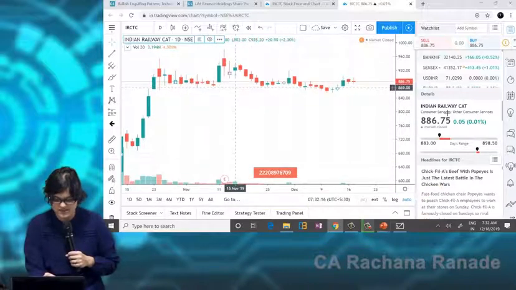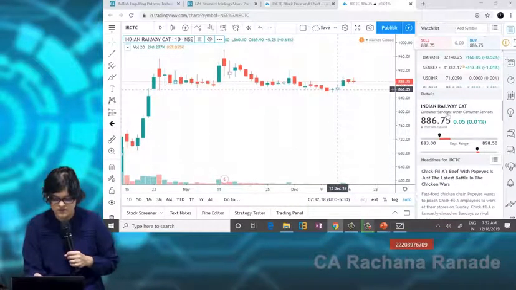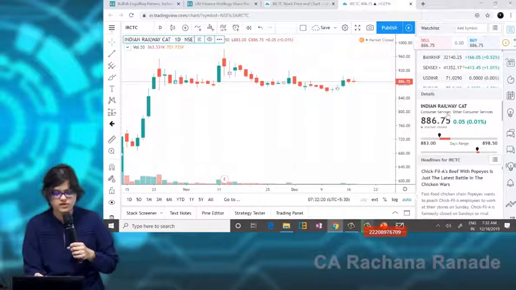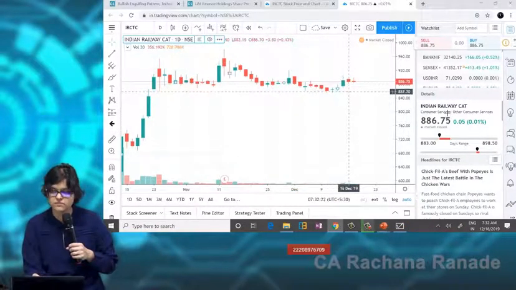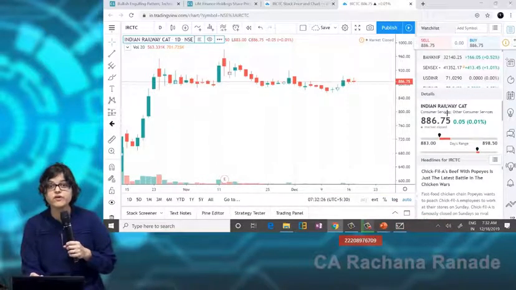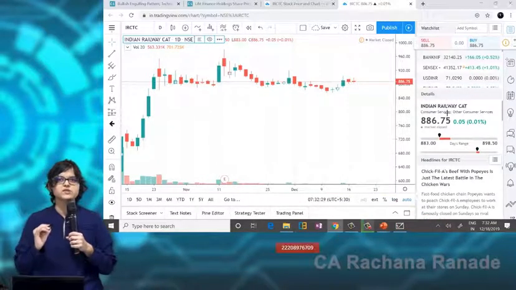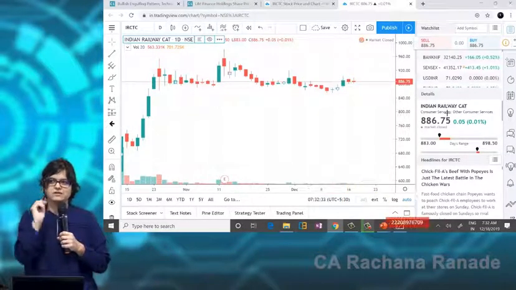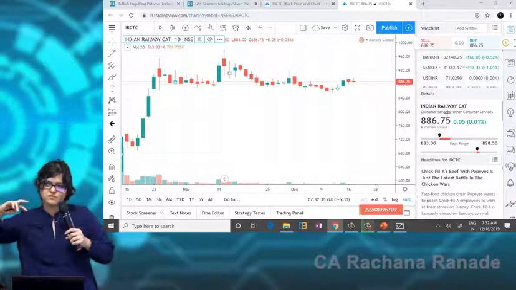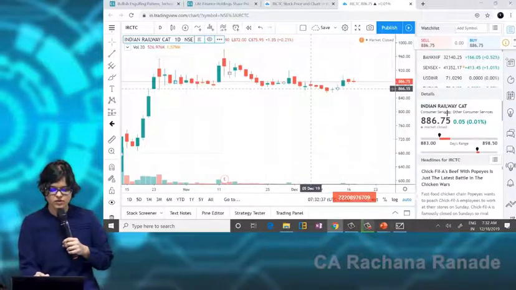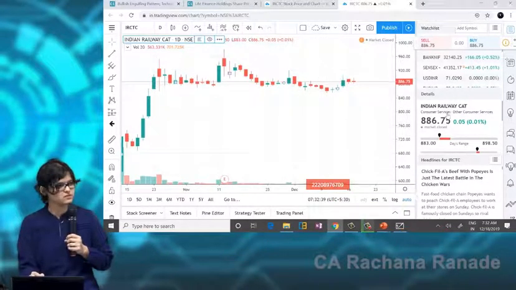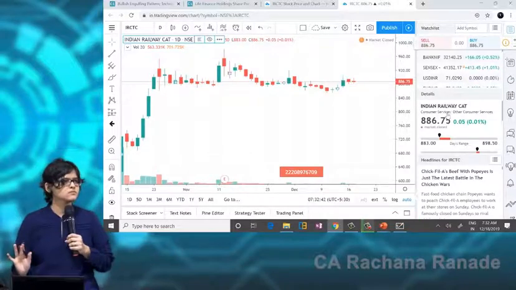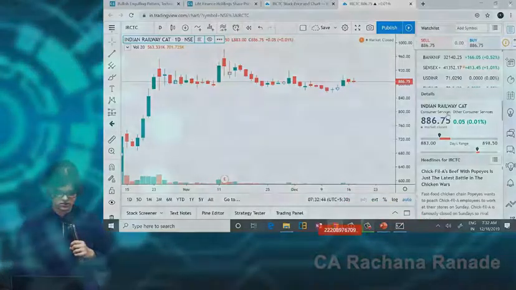So at this level, is it nearing the support? It's just touching the support every single time. It's nowhere even a clear-cut downtrend because the lows are not going significantly lower. As I mentioned, this is practical, not theoretical. It's not going to be exact. It's going to be a little bit up or down. So is it honoring the support to a great extent? Yes. So it's not a downtrend. Everyone okay? Yes.